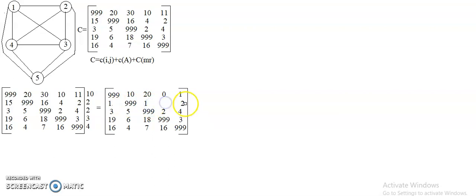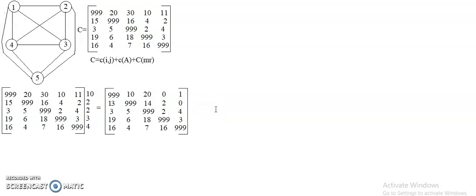Let me update this. 15 minus 2 will become 13. 999 is infinity, leave it. 16 minus 2 will become 14. Next, 4 minus 2 will become 2. Then 2 minus 2 will become 0.